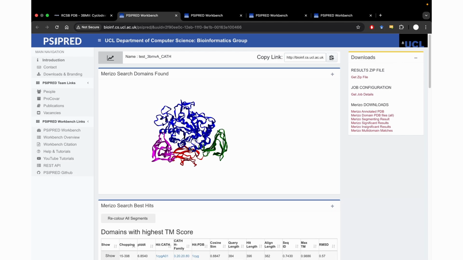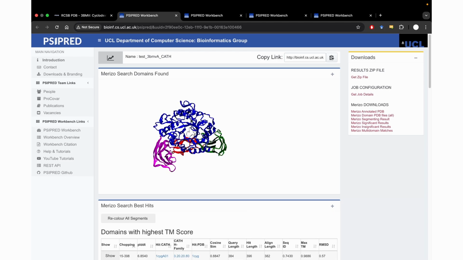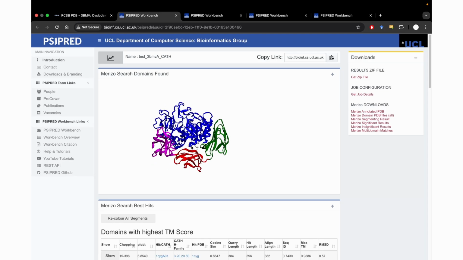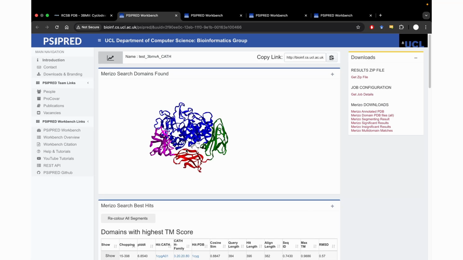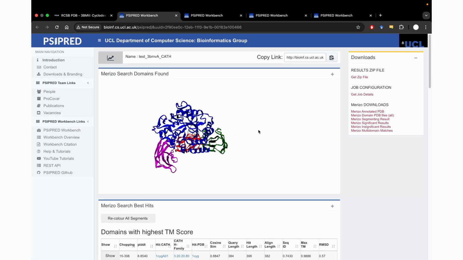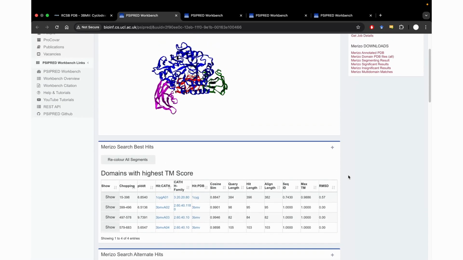Segmenting multi-domain structures into domains can sometimes be challenging. It can be quite ambiguous as well. So this is a relatively simple case. Although it has 4 domains, it does look like the 4 domains have been identified correctly, and so we can proceed. The next panel lists what's called best hits, and this is a listing of the top 1 hit for